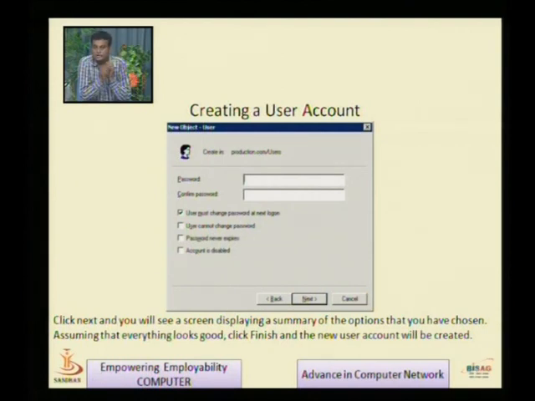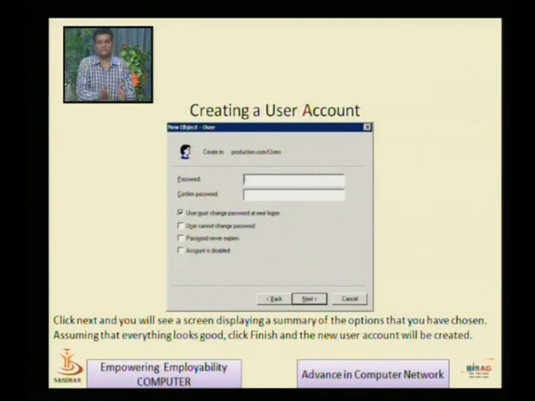Being an administrator, I have created one user, Atul M Gosai, username AMG. Initially I set some password that I give to the actual user, telling them this is your username and password. If I select this option, when the user logs into the server for the first time, it asks them to change this password.